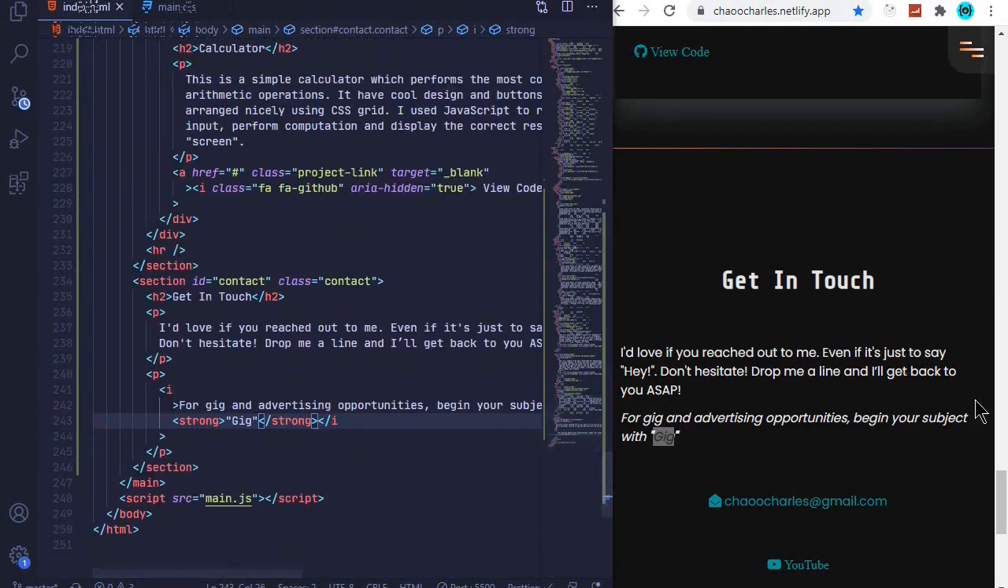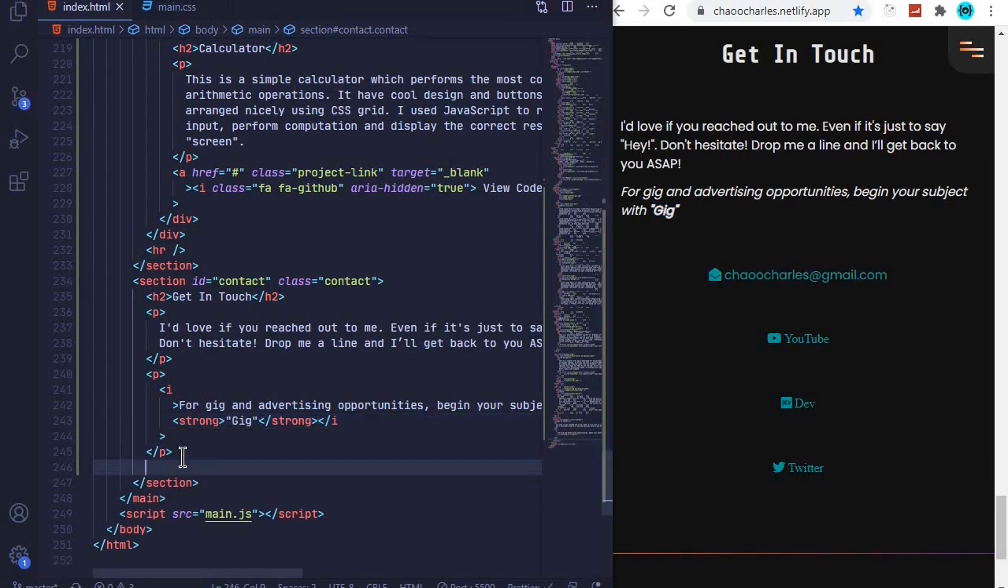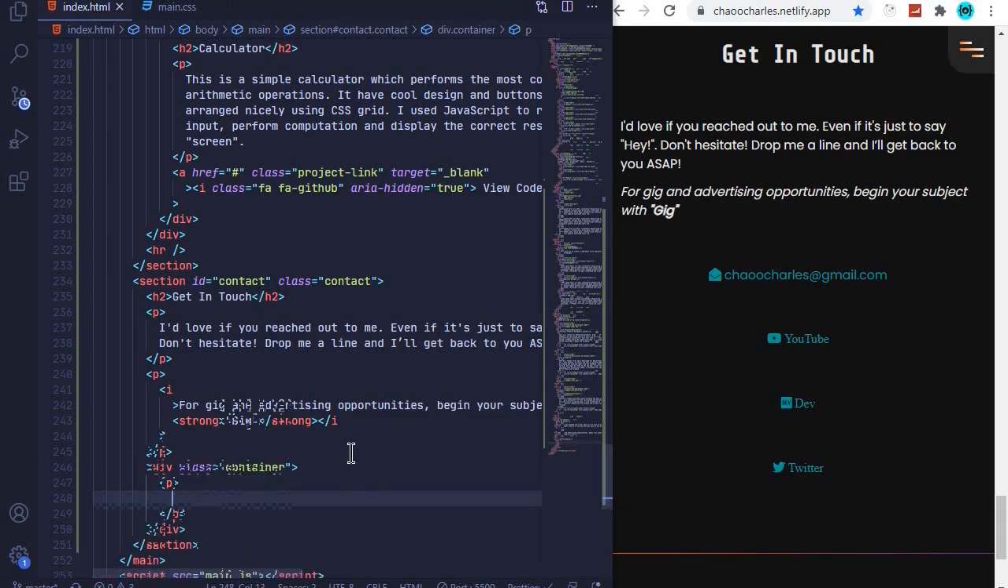so that will make it bold. Now the next part is our social media icons and the email, and we will wrap this one inside a container. We will add a div with a class of container, enter, and then in here we will have a p tag for each one of these links. So I'll just say p, and in here we will have a link, and the first one is to our email. So this one will be a